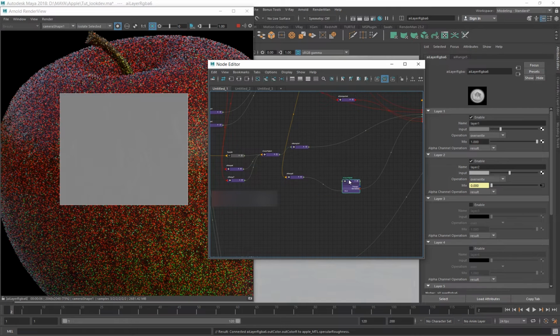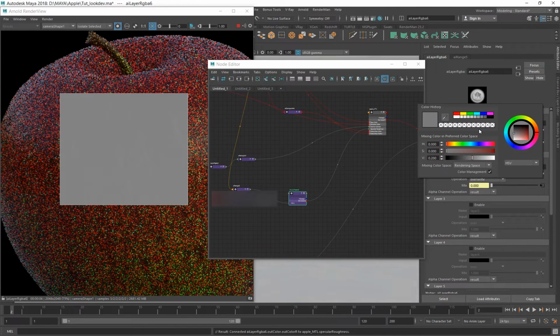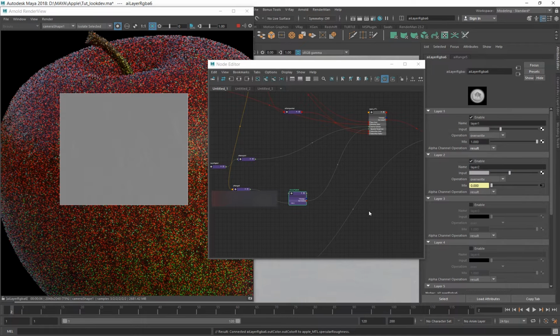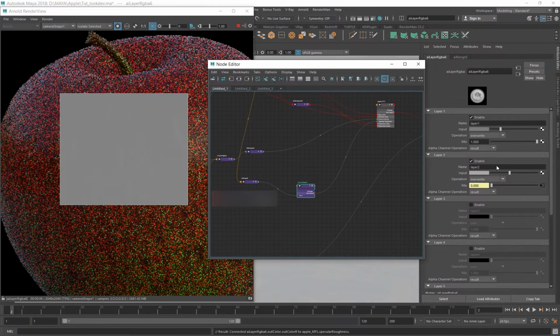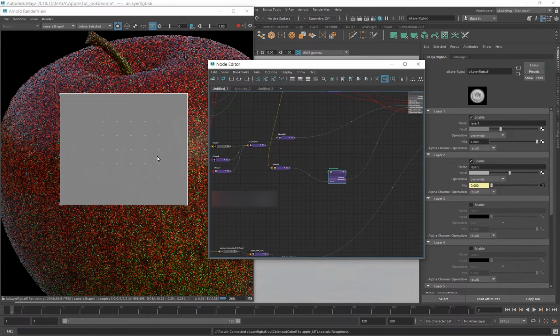In the specular roughness, I have also used a base amount of specular roughness, which was 0.2, and on top of it I'm adding the AI range, which gives me this very subtle result.